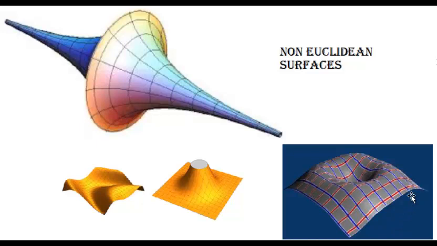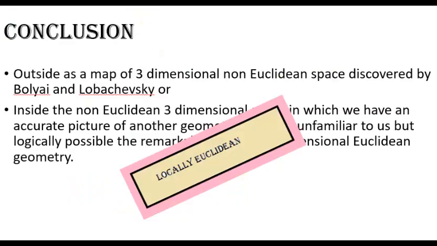We are living on a non-Euclidean surface, and somewhere in the bumps we can see the Earth is resting there probably. And then we have a pseudosphere. The question we are still left with is not answered as yet. It remains: do we live in a Euclidean or a non-Euclidean world? Looking from outside, the world seems to be non-Euclidean, but inside we follow Euclid's laws.